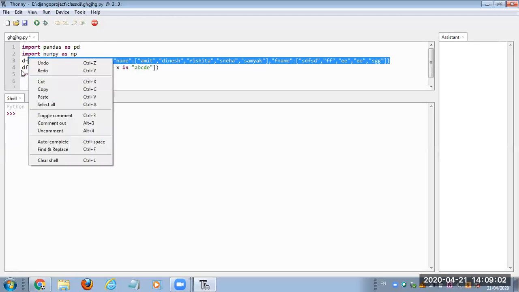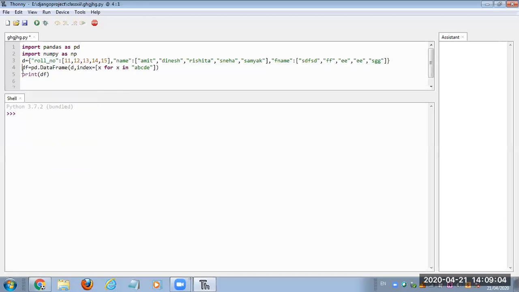From this dictionary of lists, I am making a data frame: df equals pd.DataFrame from d. When we make a data frame from a dictionary of lists, all the keys of this dictionary become the columns of the data frame, and each list becomes a column, assigned vertically.